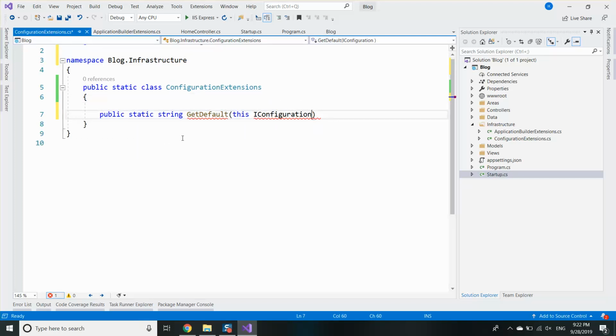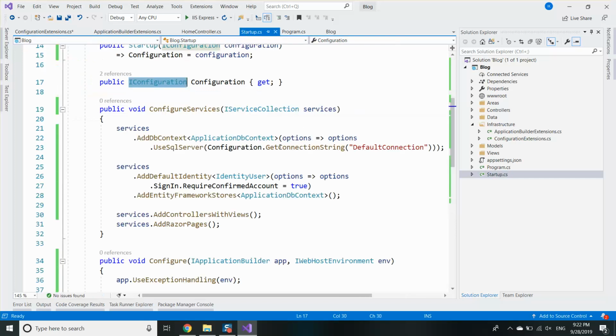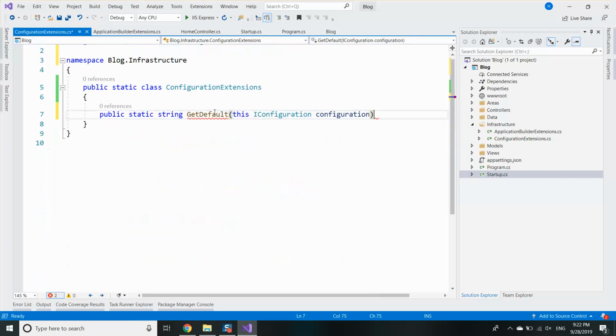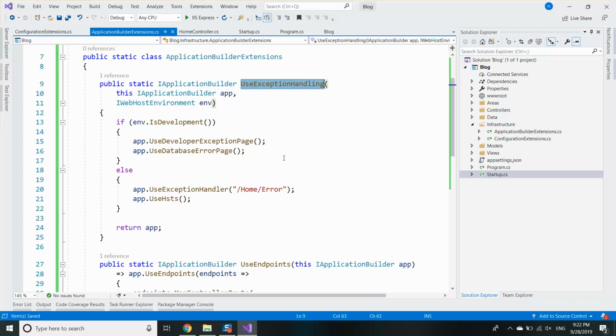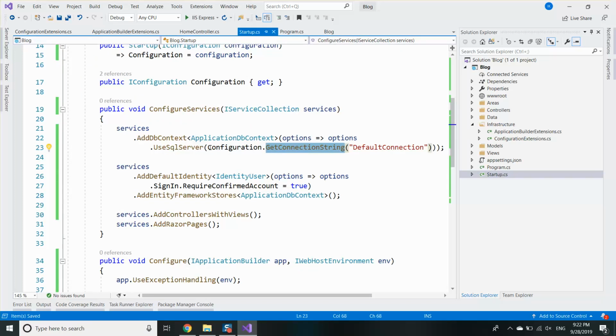This configuration. The method will be named get default connection string. Default connection string. And I'll just copy